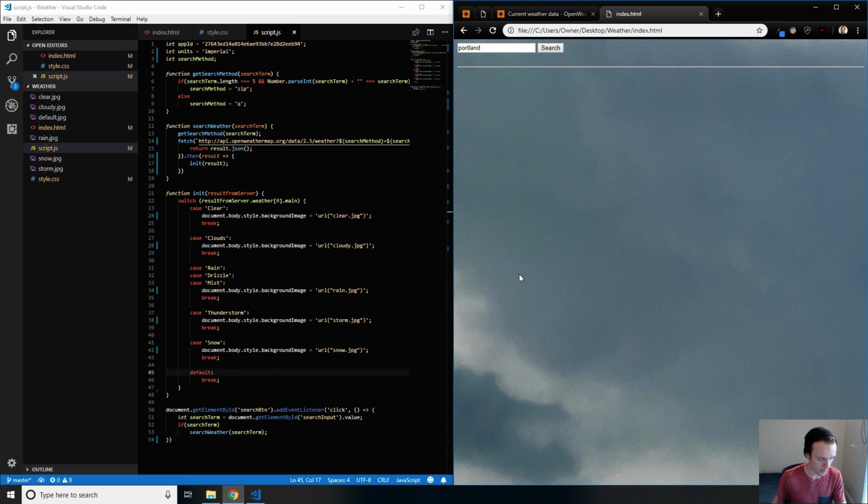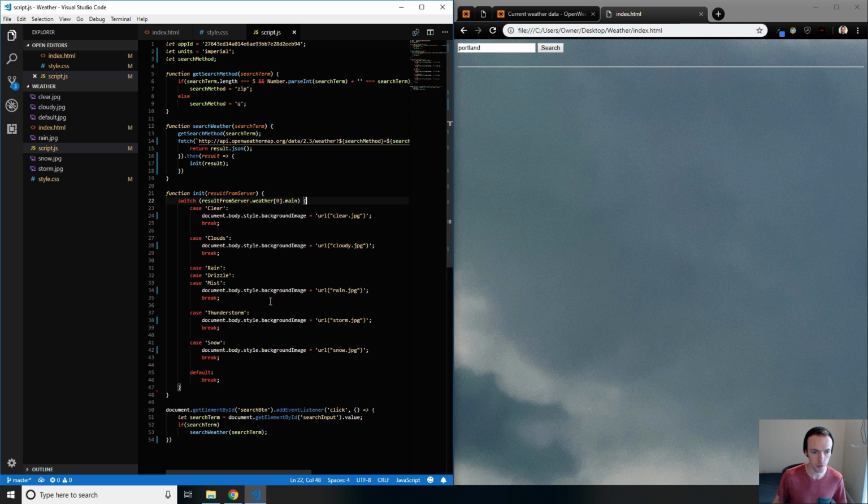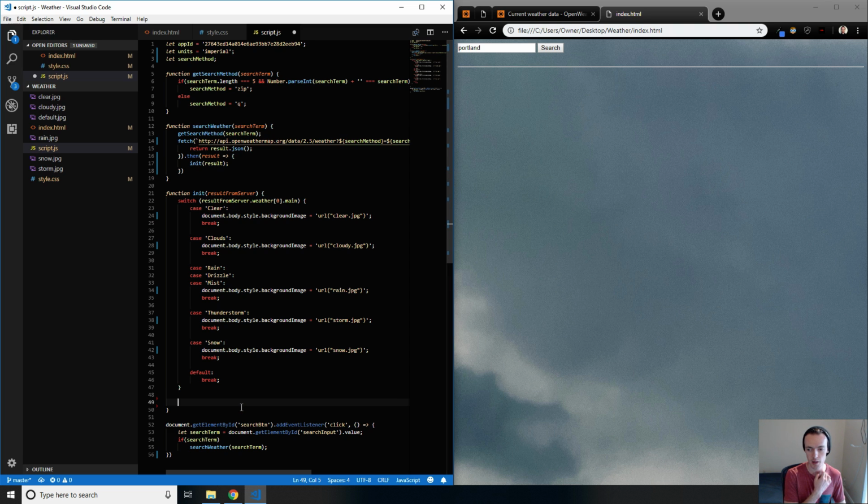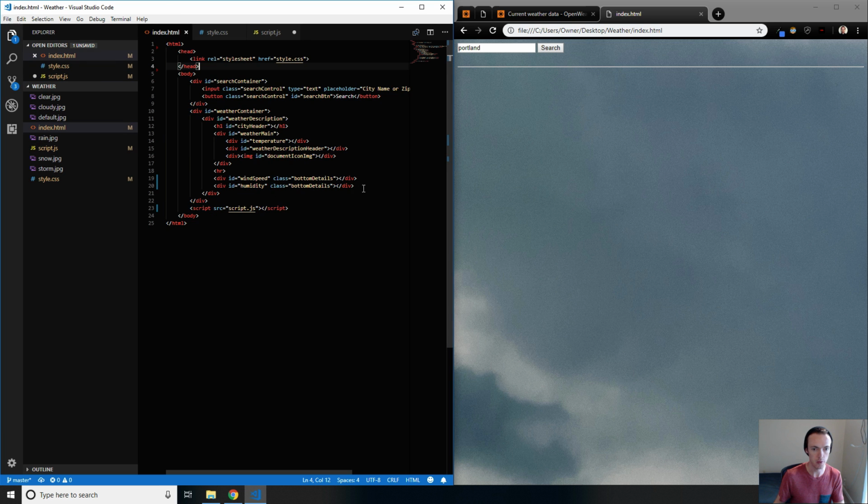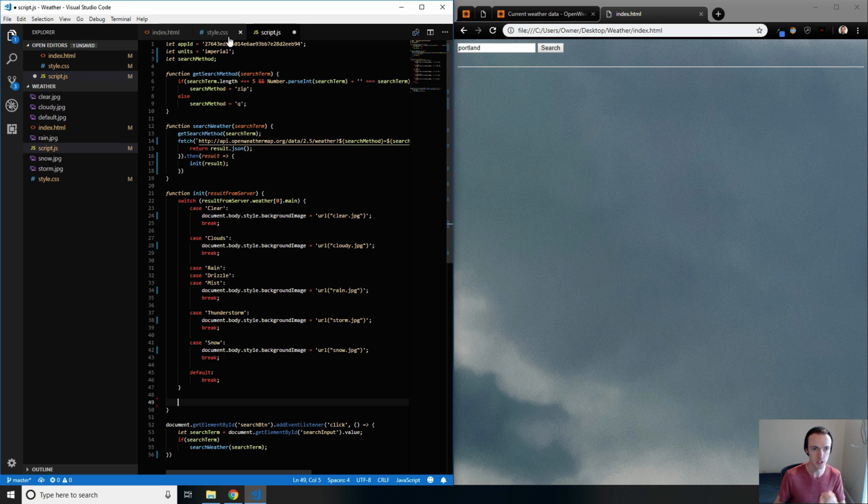But anyway, moving on to the next thing here. After we do this particular section where we change the background image, we're going to want to grab all of the IDs. We're going to want to grab all the elements by the ID, and then set the text inside of it appropriately based on the information that we get from the server. So in here, let's start with weather. Let weather